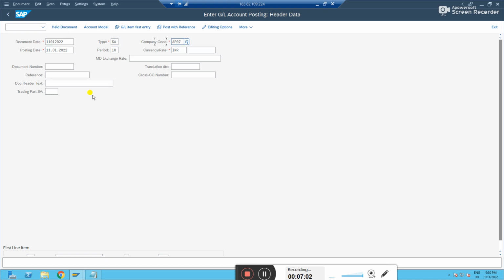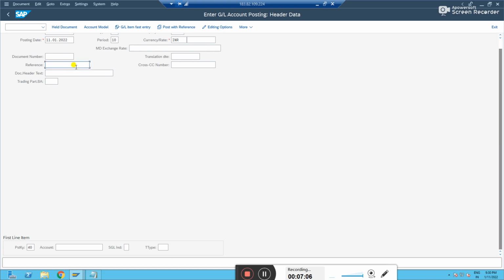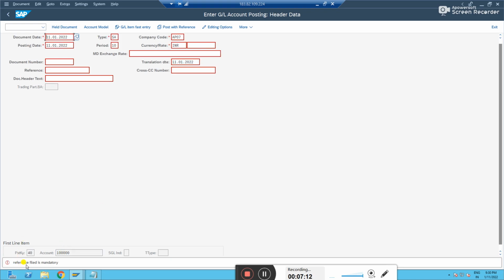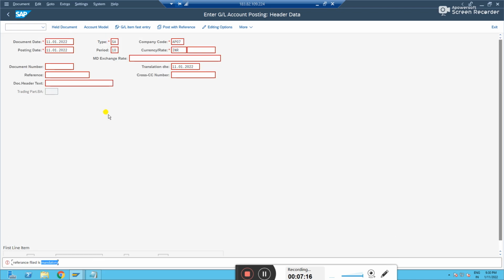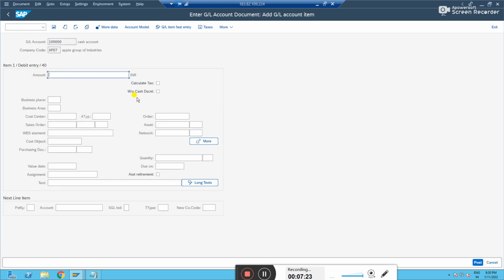Now let us try to post an entry again. System should stop me to fill the reference field. See, I have filled the data. See, reference I didn't fill anything. Let me try to go to the line item level. See, system has shown me a message, hey, reference field is mandatory. So this is the validation we did. Let me put something, test, here. You see, it takes me to the line item level to update further data and process further.